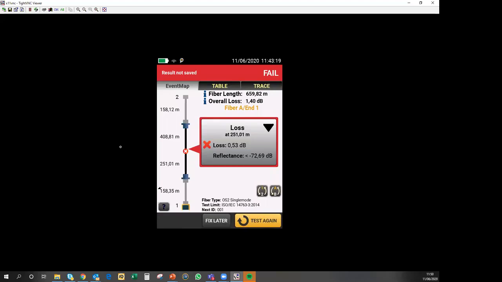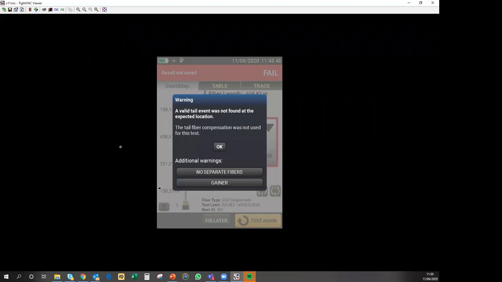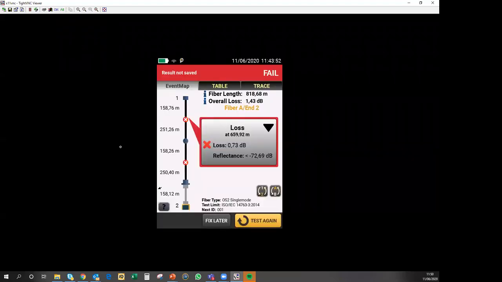So, some things don't always work according to plan. In this case, the return fiber test was not able to detect the presence of both ends of the loopback fiber, and the net result is that we get a slightly different result. So what we have at the moment here is fiber A end 1, okay, fiber A end 2, but we don't get a bidirectional average, which is extremely irritating because it was working